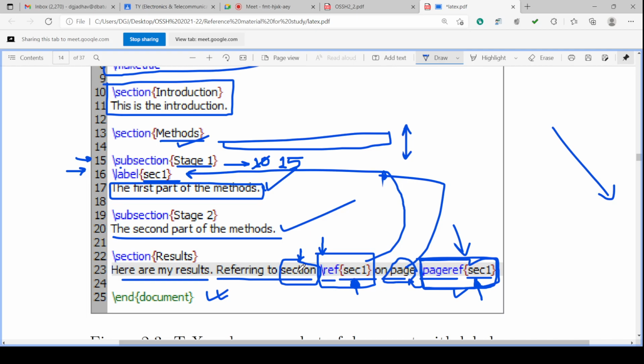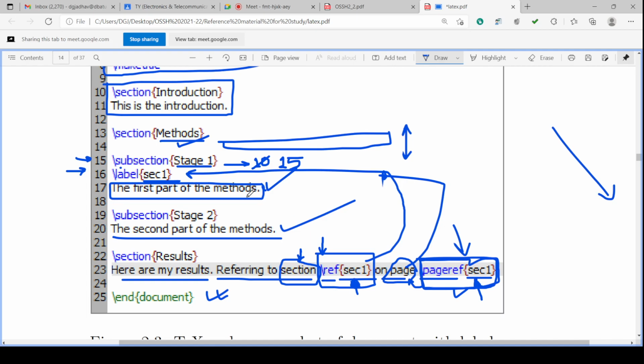So when this section or page is clicked, it will go to that label. Wherever \label is written, whatever section or subsection is immediately before it becomes the location where the reference sec1 will take you after clicking.